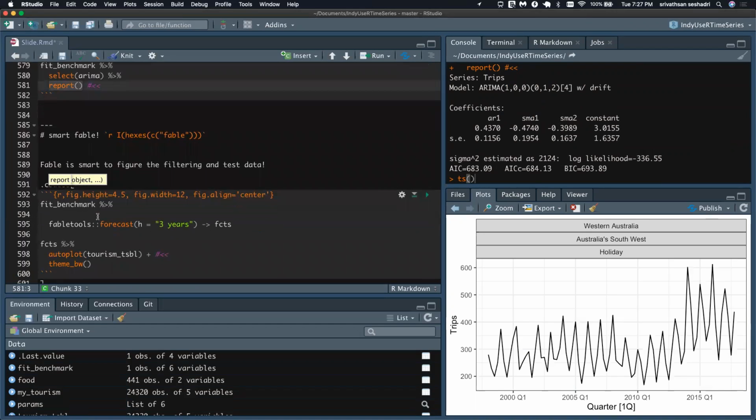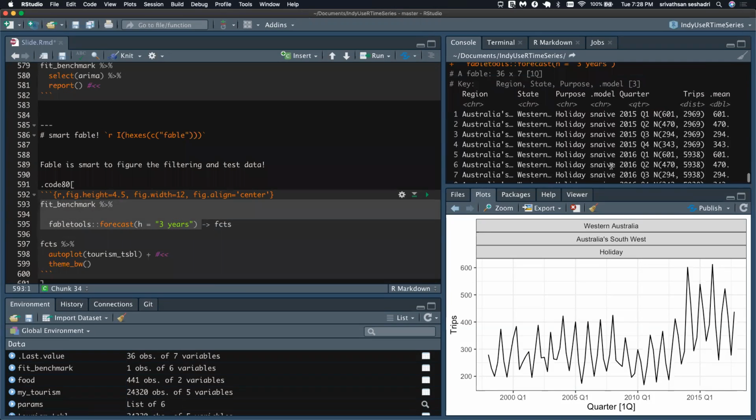Now we'll talk about, you've fit the model. Now how do you forecast, right? So you pass the model table, mable, into a forecast function and say h is equal to forecast horizon. I'm going to forecast for the next 3 years. Watch how 3 years is mentioned, just in plain English terms, 3 years, even though our data is in quarterly terms, right? It figured out that you're asking for the next 12 quarters, all right?